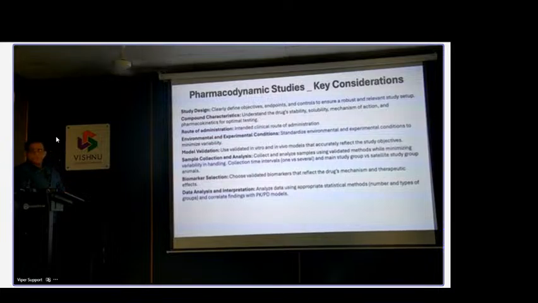And the environmental and experimental conditions are also important. You cannot keep your animal on the street and conduct your study, because the stress itself brings a lot of variations to the study. So you need to have appropriate conditions, like the temperature, light cycles, humidity, and the people going in and out. Those are things you might not see in academic research, but once you go to industry, particularly the pharmacology students, or anybody in pharmacy, you will experience the need for these kinds of conditions to conduct a preclinical study.